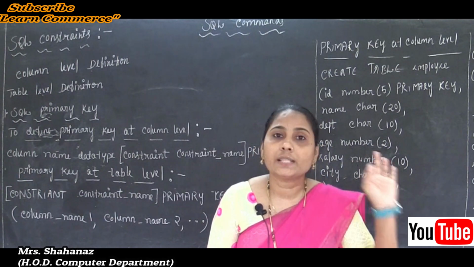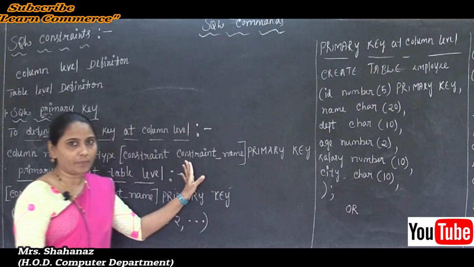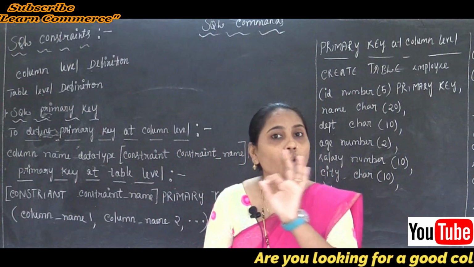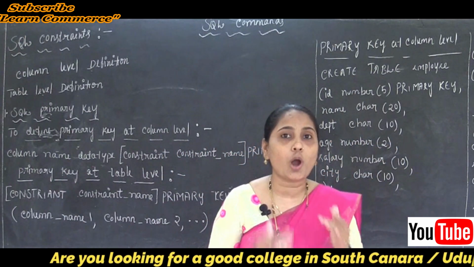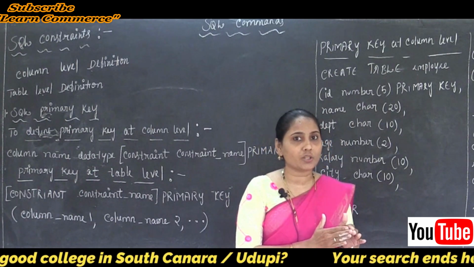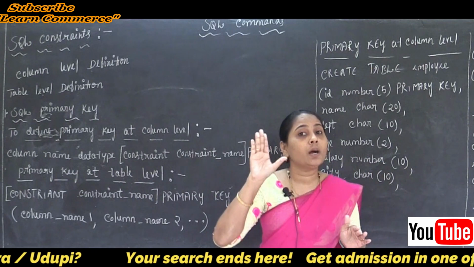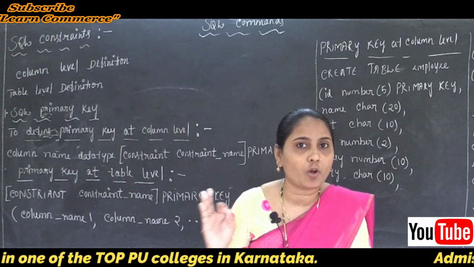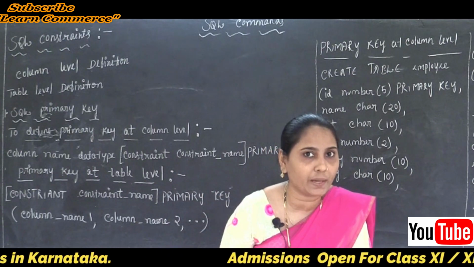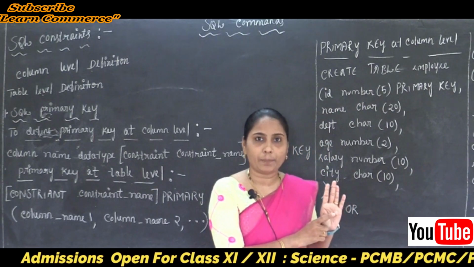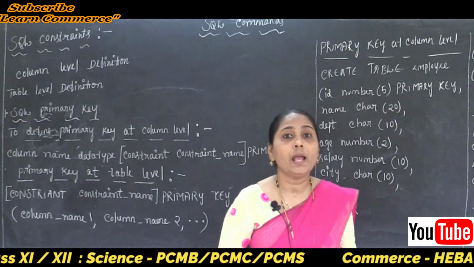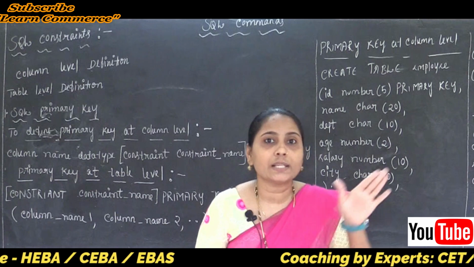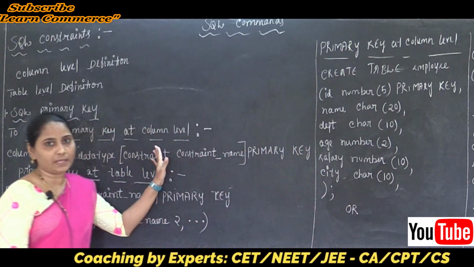Now the meaning of the table level constraint. Here the table level constraints are applied to the whole table. Clear? However many columns are there in a table, such constraints are going to apply to all the fields or all the columns available in the table. So that is called the table level constraint. Clear the meaning of column level and table level? Column level means such constraints are applied only to one column of a table, but table level means whatever the constraints are, they are applied to the whole table. Clear this point here?